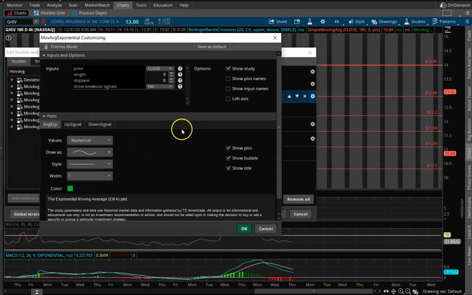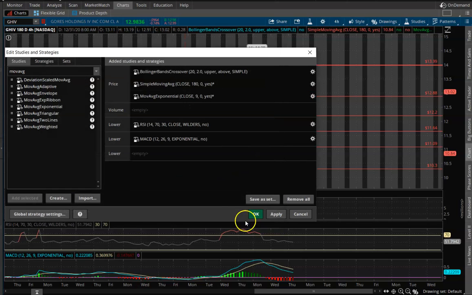For my exponential moving average, I'm going to get close, length of 9, displace 0, breakout signal yes, and the same thing below. But for me, I want to have a different color line for my exponential as opposed to my simple moving average, just to differentiate the two. So I changed the exponential moving average to green. Hit OK. Once that's set up, you would go down here and hit apply, and they would actually show up on your